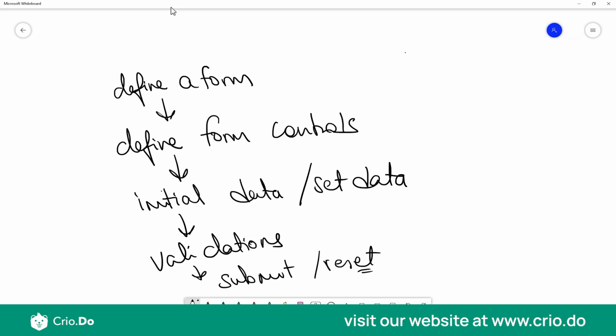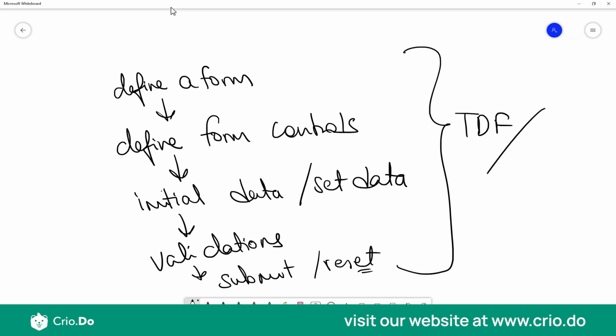On a high level, this is what you will do, be it a template driven form or a reactive form. These are the high level steps. How we do it is what differs between a template driven form and a reactive form, which you'll be seeing in due course of time. With that said, I hope we now have a solid understanding of what forms are and the key terminologies of forms. Now we will start with the actual creation of a template driven form